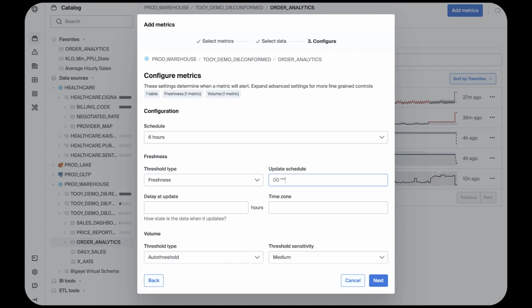You may define some or all of these fields and leverage wildcards to indicate every possible option. There are lots of great resources on the web to help with cron if you're interested. The delay update denotes how stale the data will be at the time that it updates. And finally, I can define a time zone as an offset of GMT or as an abbreviation.